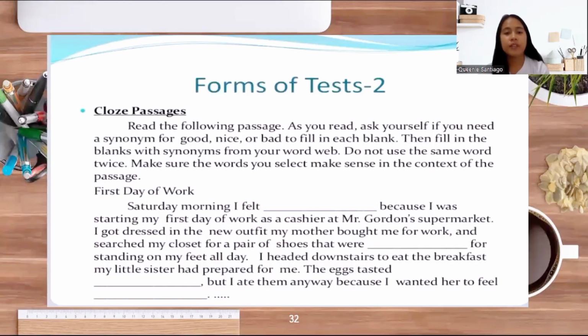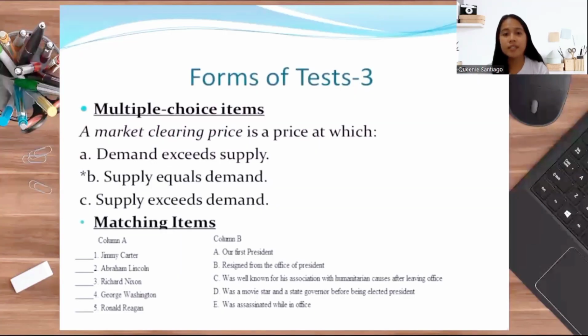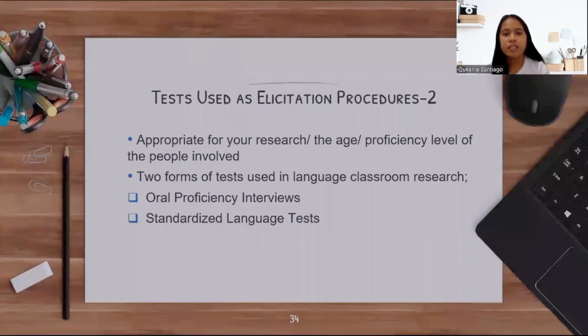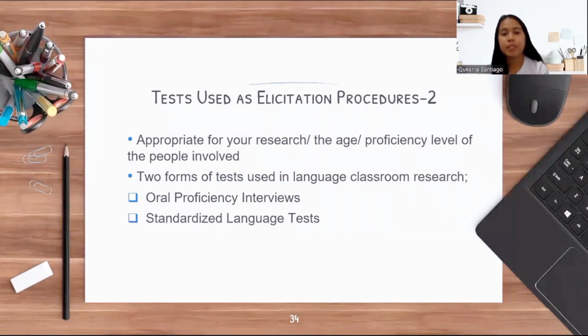Another example of a test, a cloze passage. And another example of a test, multiple choice items and matching items. Tests used as elicitation procedures should be appropriate for your research, the age, and the proficiency level of the people involved. Two forms of tests used in language classroom research: